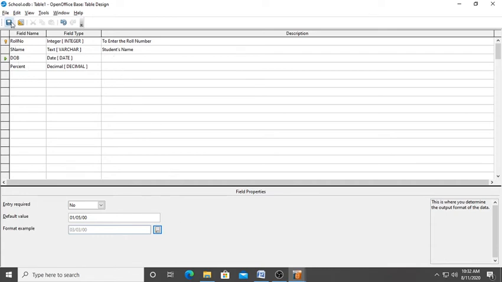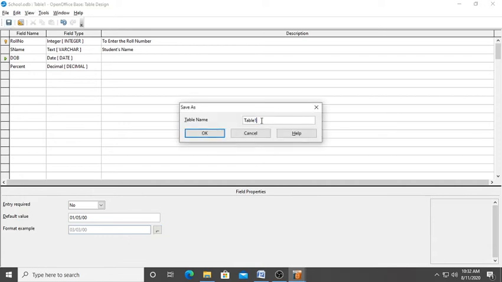Now we can click the save button to save our file. You can see here the table name is table 1. It will ask which table name we want to keep. By default the table name is table 1. If we want to change it, we can write here, like we want to give the table name as student. Now this table name will be student. I'm showing you how it is going to change.